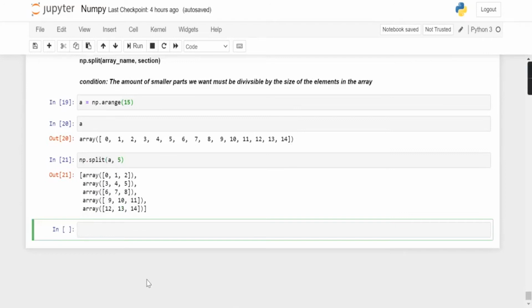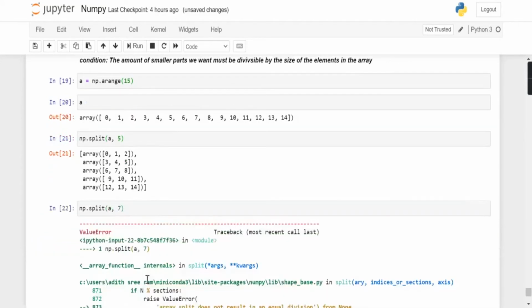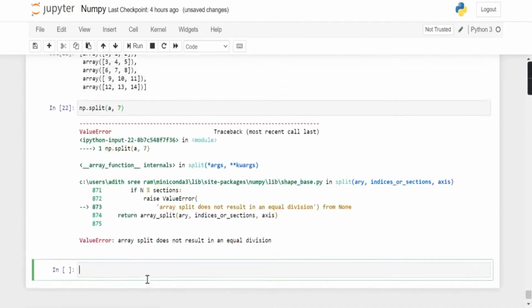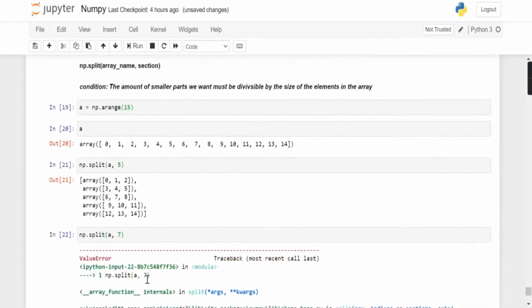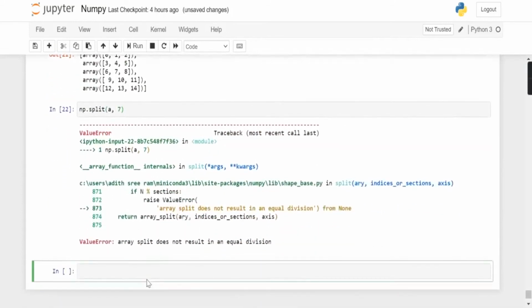Now what if I try to split them into 7 parts? So np.split of A, 7, and we get an error, because according to the condition the number of smaller parts we want must divide the number of elements in the array.